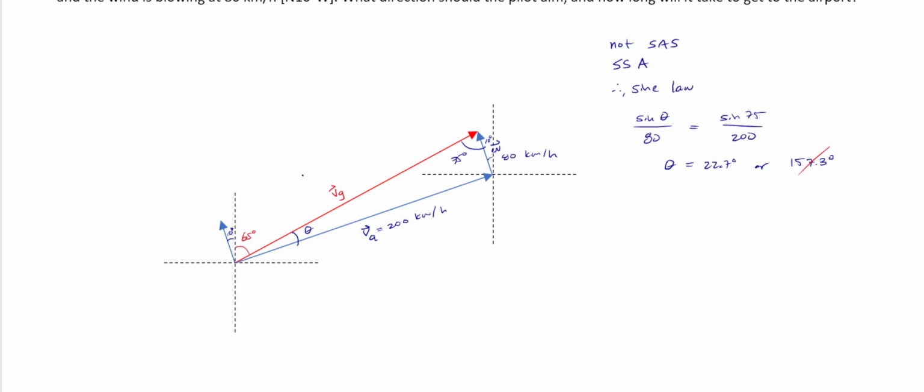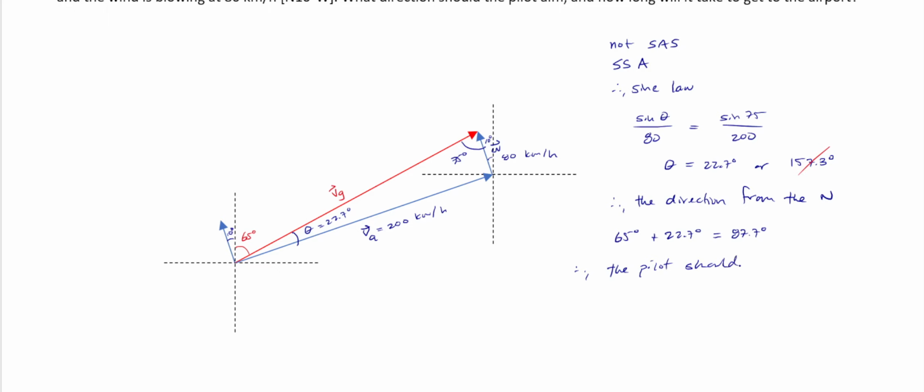Well, if this right here is 22.7, okay, so I'll say, therefore, the direction from the north is going to be 65 degrees plus 22.7 degrees, which will equal 87.7 degrees. So, therefore, the pilot